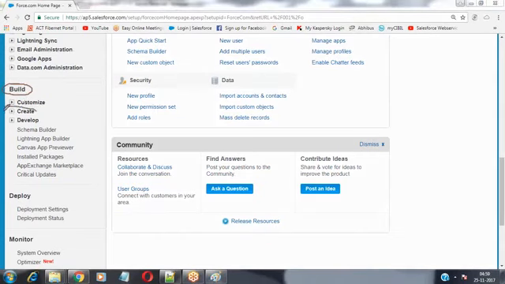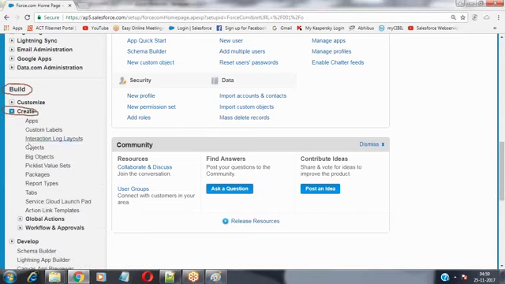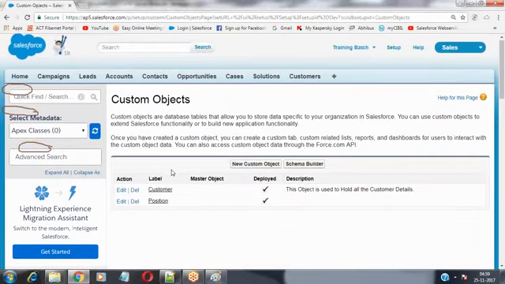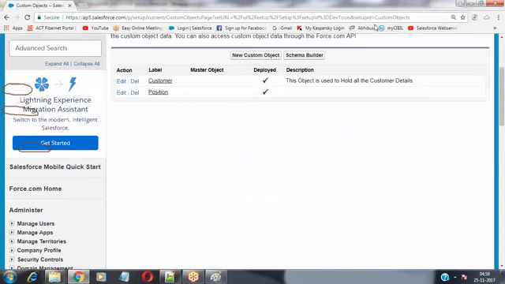Click on create and expand it. And then click on objects, which will list out all the custom objects which you have created. So these are the objects we have created, the customer and the position.